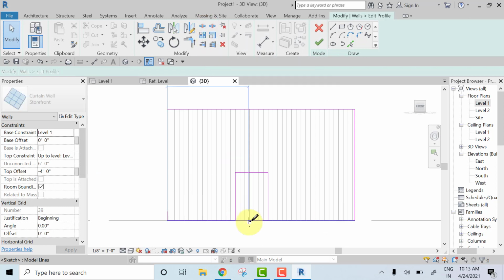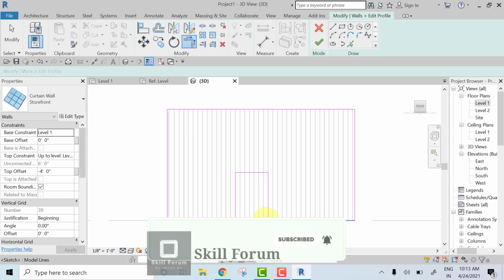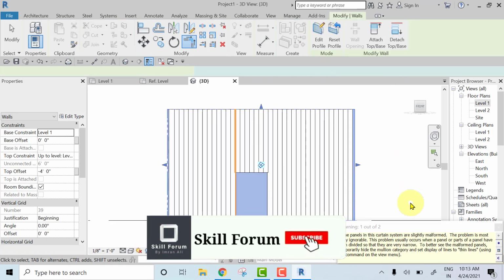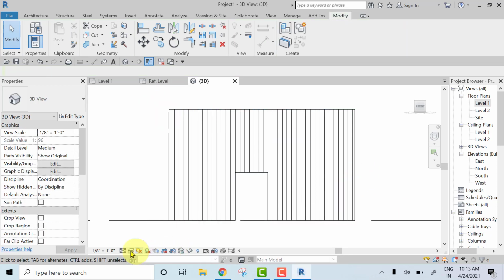Then I'll just split this line, then trim this from here to here to here. Sorry, go to trim, select this and this, and just give OK. See, here we have got the opening of this.